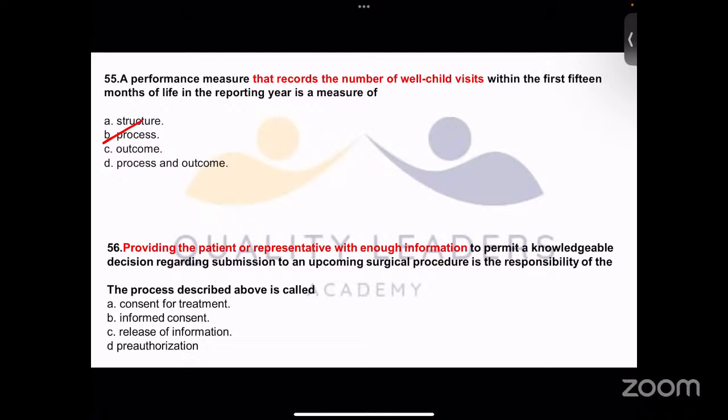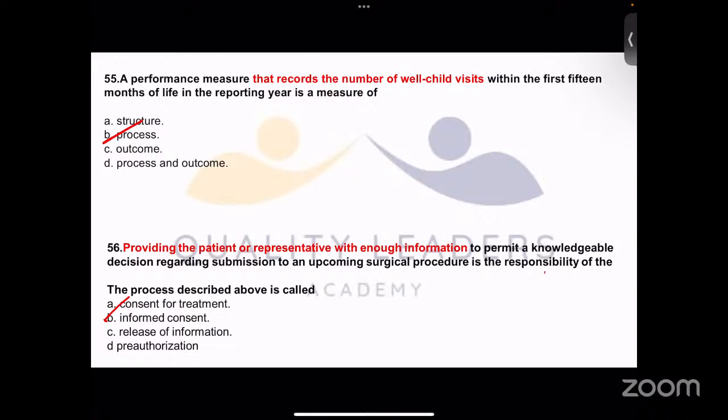upcoming surgical procedure is the responsibility of the process described above is called A, consent for treatment, B, informed consent, C, release of information, D, pre-authorization. So I am providing the sufficient information to the patient and their family about the procedure so they will understand any alternatives and any risk or side effects. So what is this process called? Okay, we call it informed consent, which is required before any